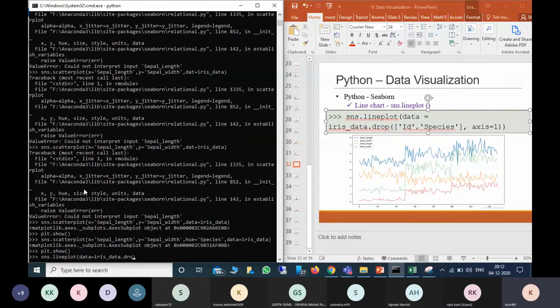Dot drop. So here I'm dropping ID and species, because you can visualize them also, but it is not good to visualize them, because ID is a straight line and species is like a step function. So no need to consider them.